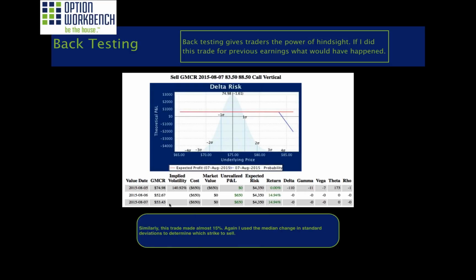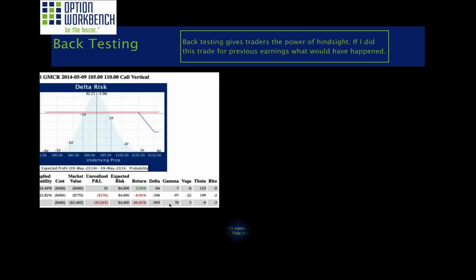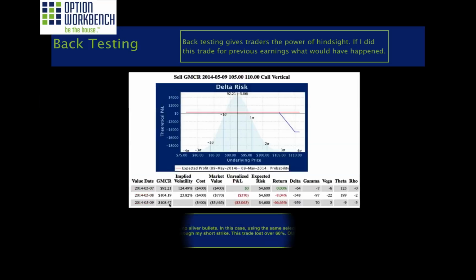Okay, so then I also tested it for the August earnings date, again picking a call credit spread, and this trade made almost 15%, not quite as much. And I used the standard deviations to determine which strike to sell.